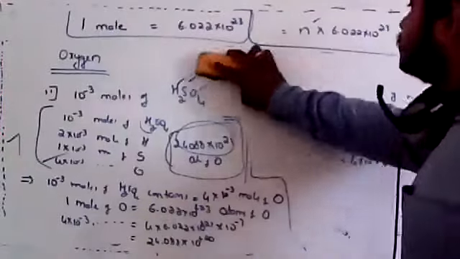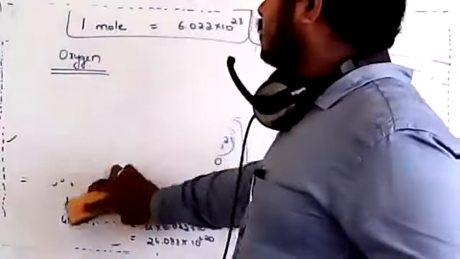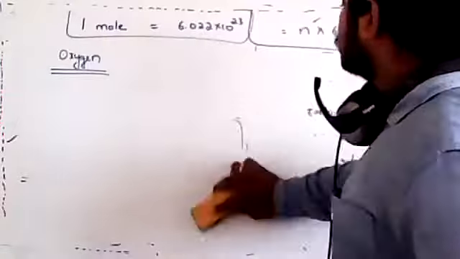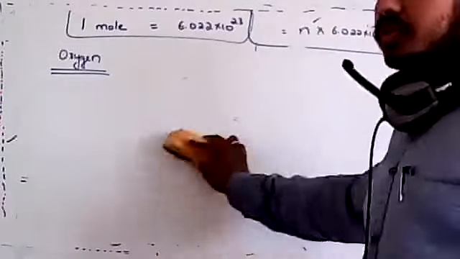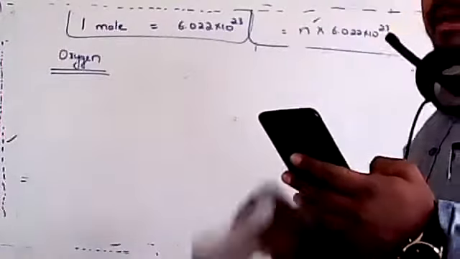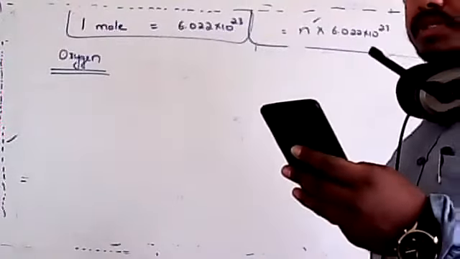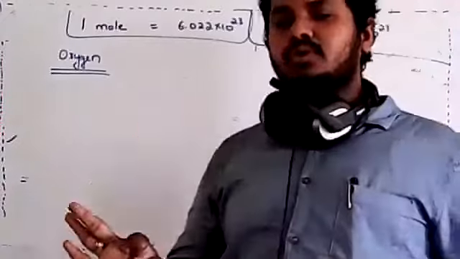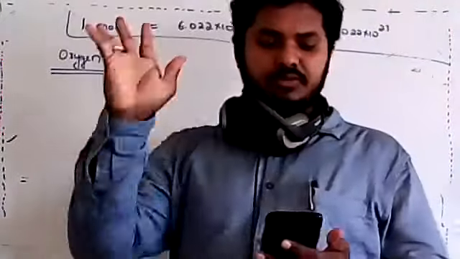Let me go directly to the next one, since I have to solve many questions. You try this, okay? Today you have to solve it and send. That's why I'm solving only one or two questions. Then calculate the number of moles of calcium, phosphorus and oxygen. They're just asking for the moles. I just told you how to solve it. The fourth one is left to you.